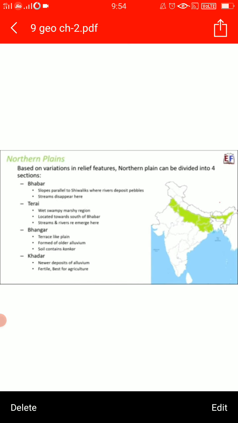Fine. The largest part of the northern plains is formed by the older alluvium, children, formed over millions of years. Fine. And these floodplains of the river are present in a terrace-like feature, meaning their height is a bit above. So that part is known as the Bhangar. Fine. And this soil region mostly contains kankars. Fine. Then there are some new and younger deposits of the floodplains. They are the Khadar, and they renew every year, children, and that's why they are very fertile and very ideal for intensive agriculture.